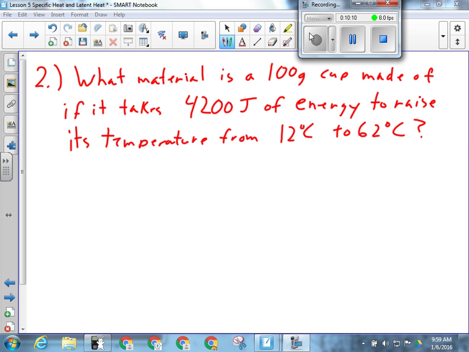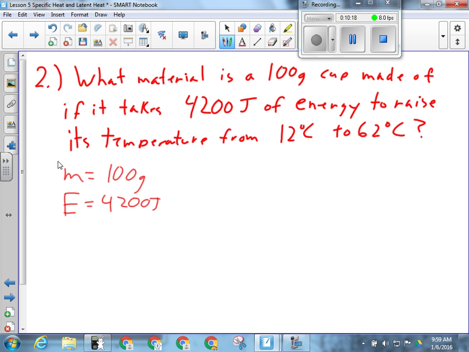Okay, so for this one, we have the mass. It's 100 grams. We're told that we have 4,200 joules worth of energy, and that we're changing the temperature from 12 to 62 degrees Celsius. So we're just going to go 62 minus 12, and we're going to get that the temperature change is 50 degrees C. All right, E equals mc delta T, and we're trying to solve for what the material is,